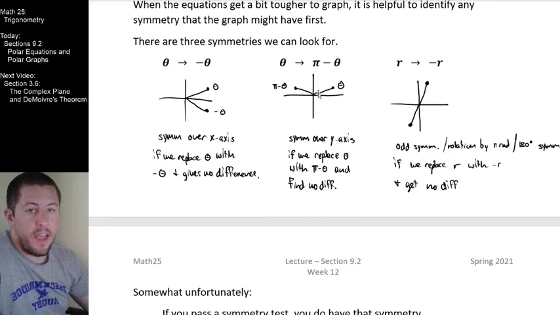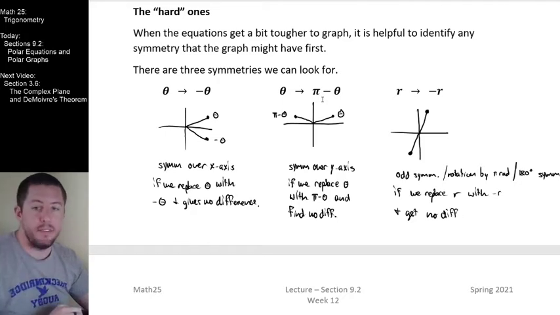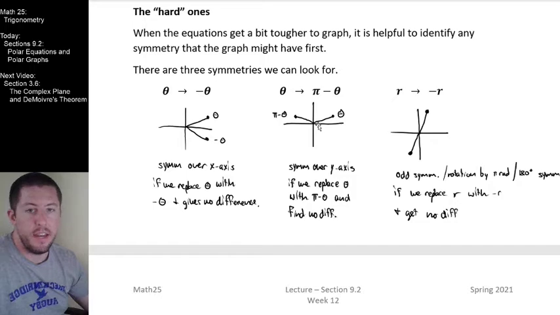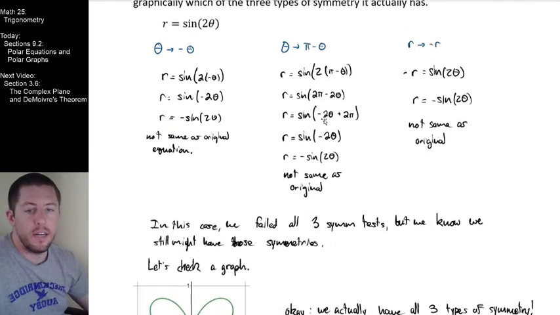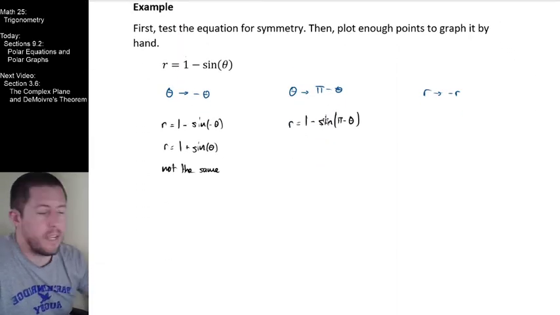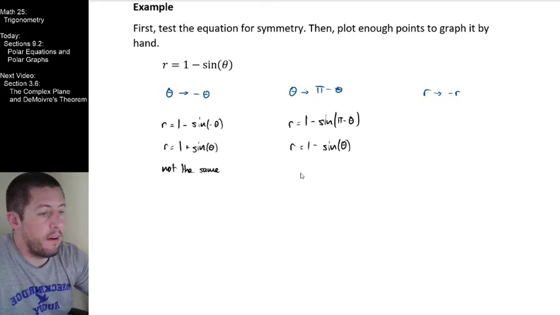But over here, theta and pi minus theta both have the same sine when we apply the sine function, right? They're both the same positive number. These two have different cosines, but sine of theta and sine of pi minus theta are exactly equal to one another. So I can tell here that I am, in fact, going to just get 1 minus sine of theta, and therefore they are the same. So we definitely have